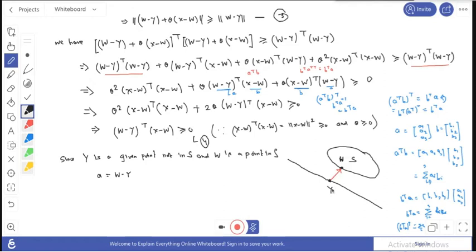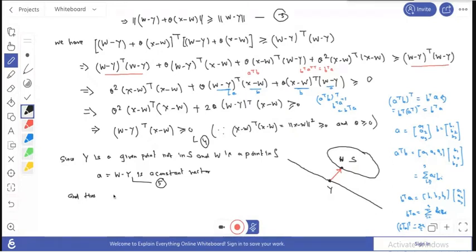The fixed ones have components y1, y2 up to yn, and w1 up to wn. Okay, if we subtract these two points, this becomes a constant vector, because these two points are fixed. Suppose this equation is equation 5. Okay, so we can say that, and thus,